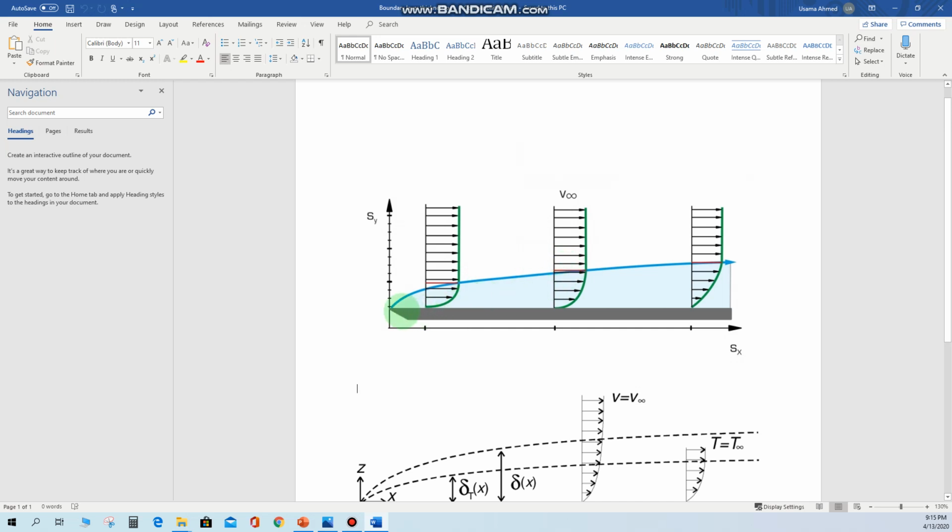But now what we see here, as we are moving along the length of this plate in the right hand side direction, more of the fluid will be coming into contact with the flat plate, and this value for the maximum velocity or the thickness of the boundary layer will keep on increasing. Okay,